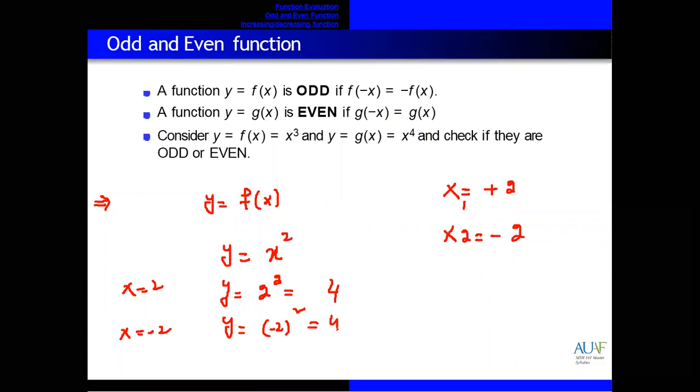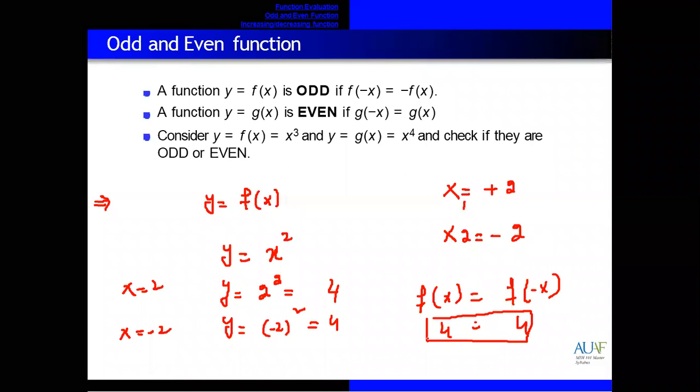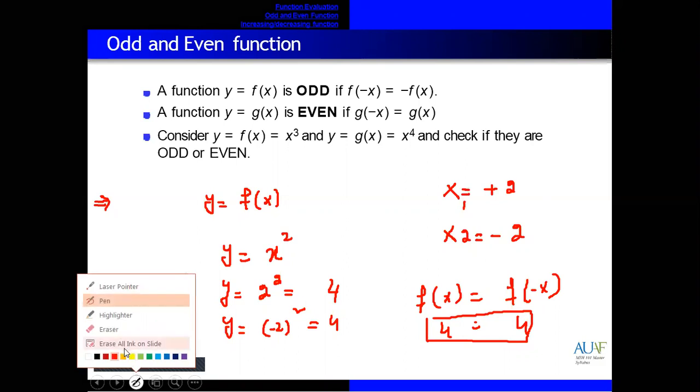So this function is called what? An even function. Giving plus value or minus value, but the result is the same. Like f of plus x equal to f of minus x. One gives you 4, the second one also gives you 4. So this type of function is called an even function. But you need to choose the same values. Plus 5 minus 5, plus 1 minus 1, plus 10 minus 10. Same, and the result will be the same, with the same sign, both are positive or both are negative.